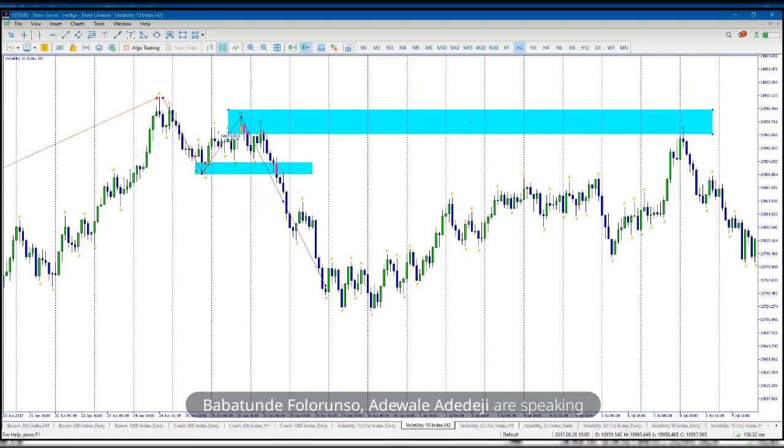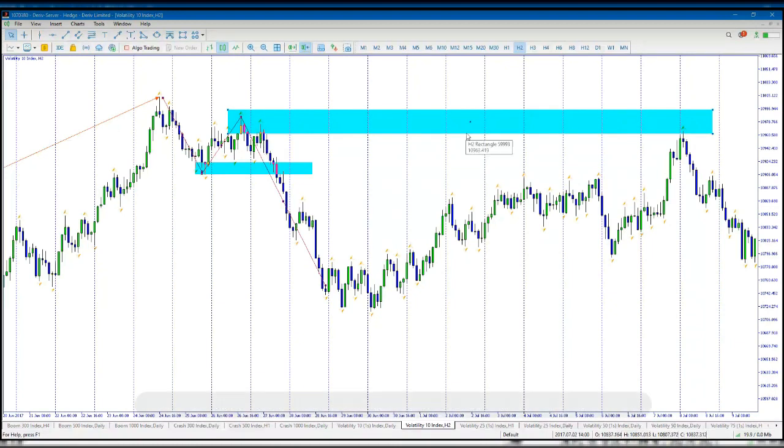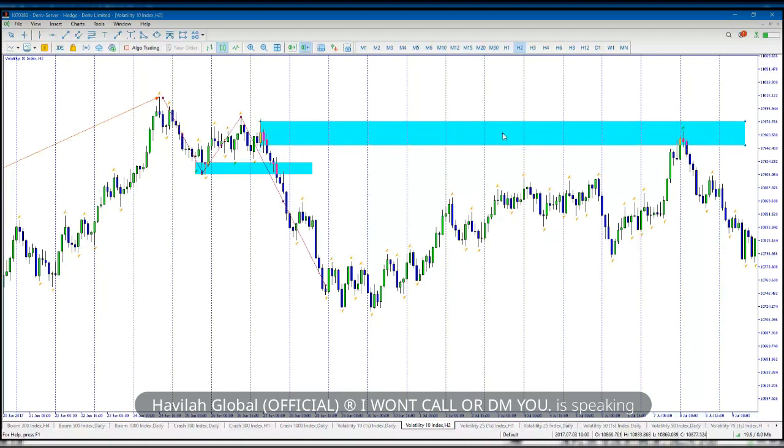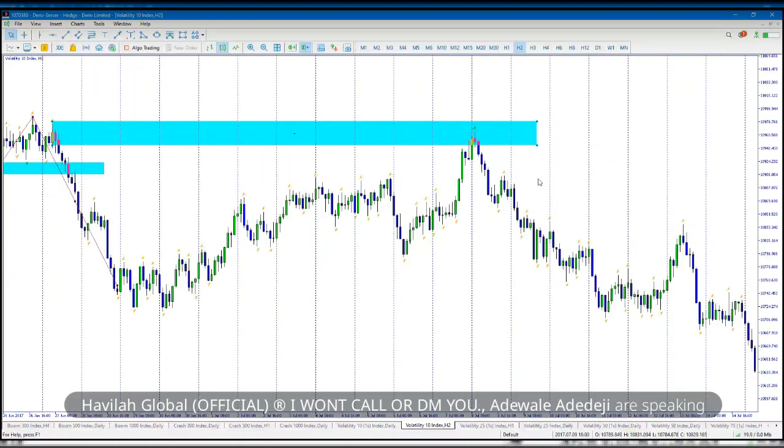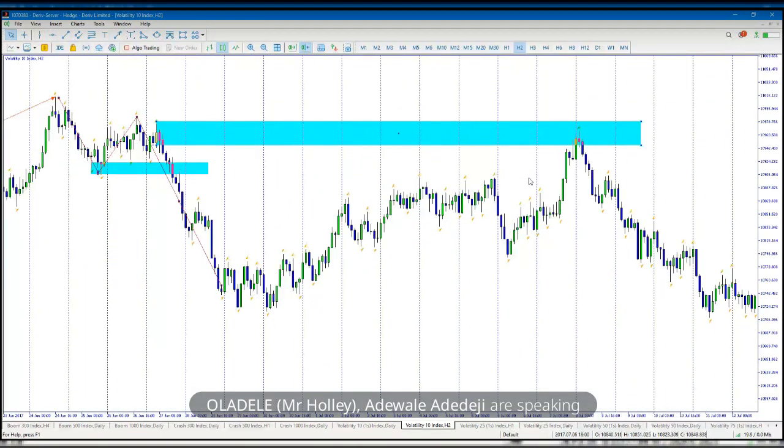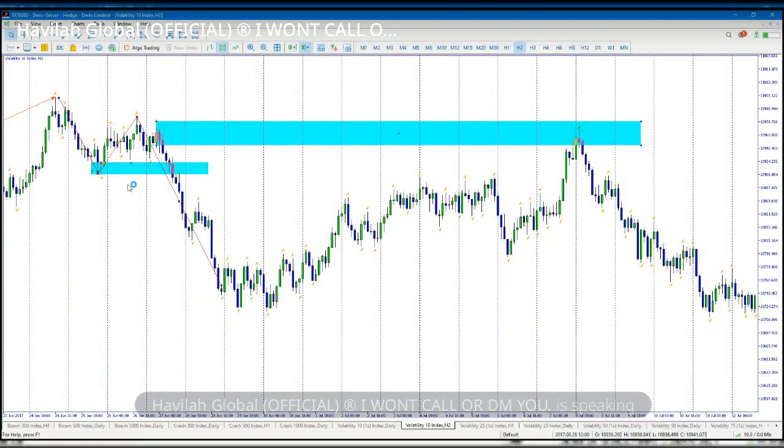You have to come down a little bit, sir, to the last bullish candle. This one? No. Are you referring to this one? Yes, sir. That one. Because it's the bullish candle that broke structure. That's where this other move has been mitigated already by this bullish candle.